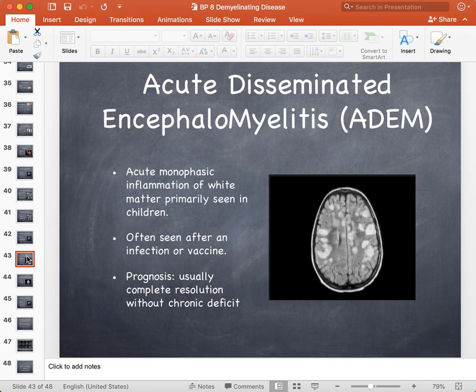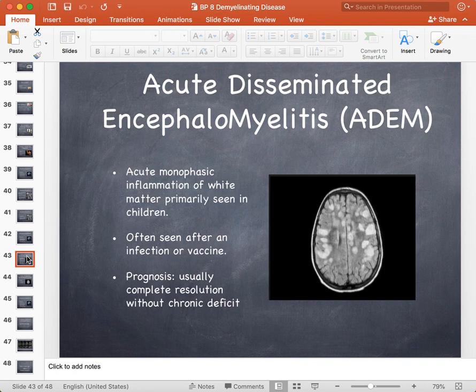After the acute monophasic event, they often do quite well. This is often seen after an infection or a vaccine. What you see pathologically in ADEM is just these sheets of lymphocytes around vessels. It's not a vasculitis. It's not destroying. You see basically perivascular inflammation. This looks like almost a direct autoimmune